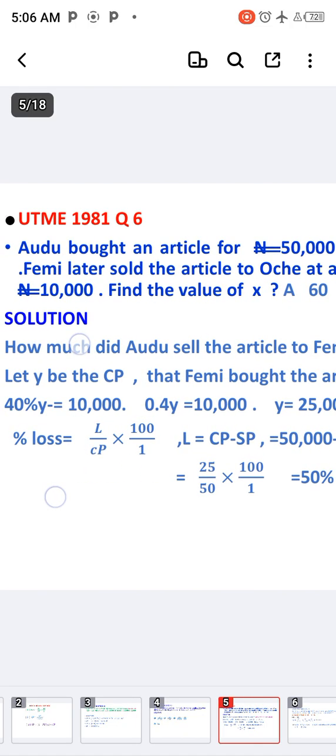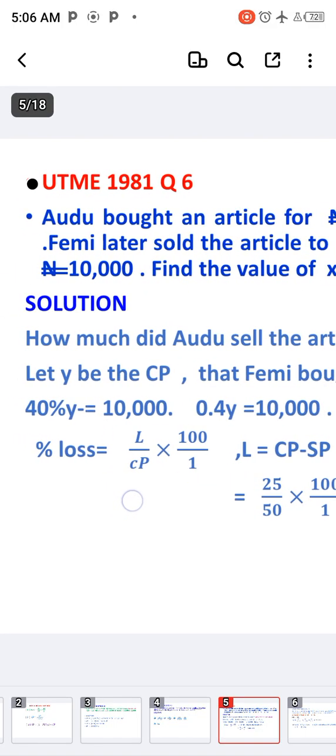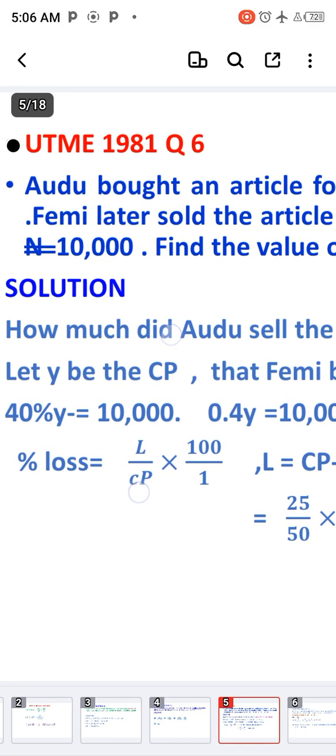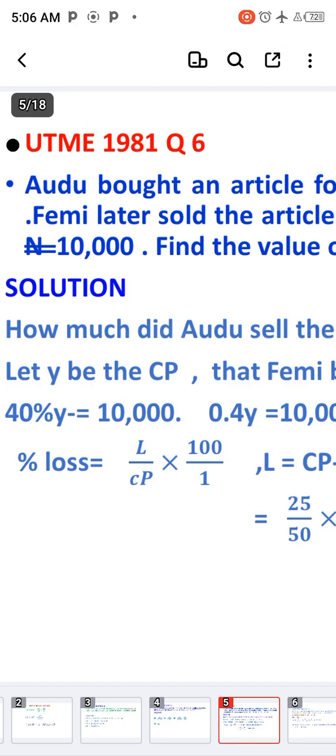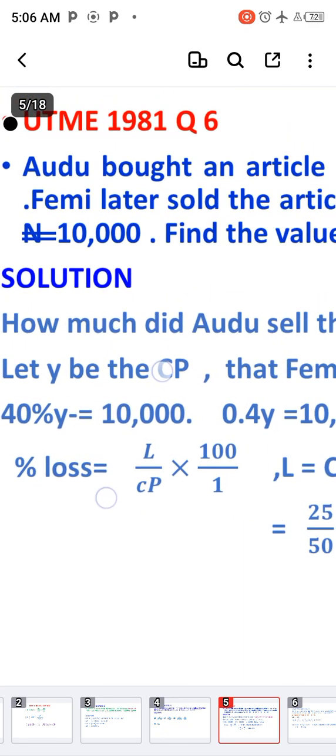40% of Y is equal to 10,000. What do we do here? This is an equation. What we need to do is to divide both sides of the equation by the coefficient of Y. And the coefficient of Y is 40. So it becomes 40 over 40 is equal to